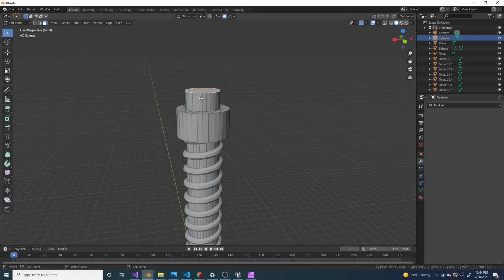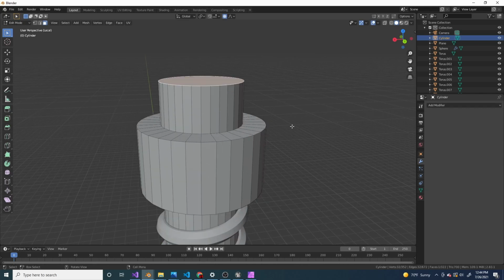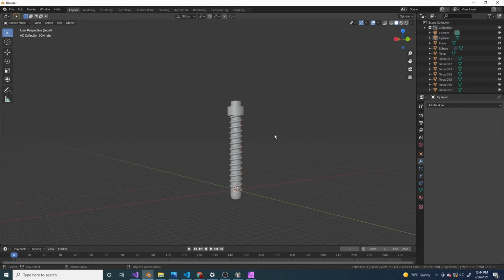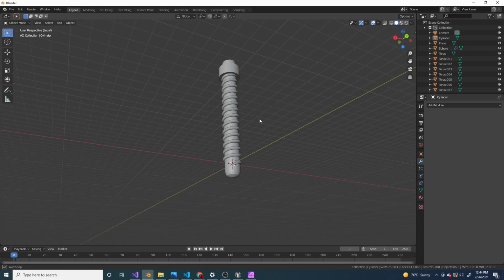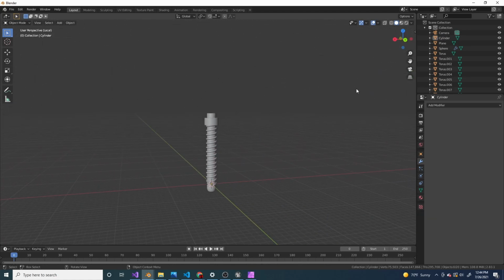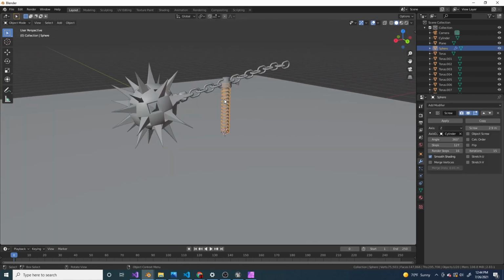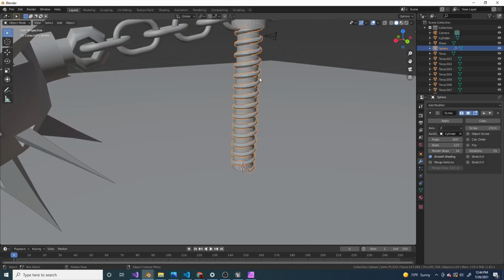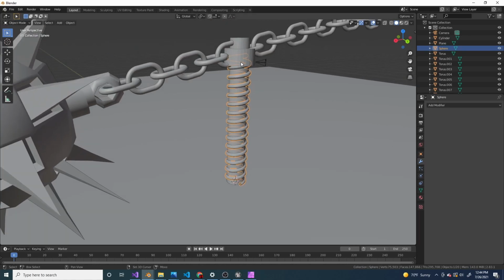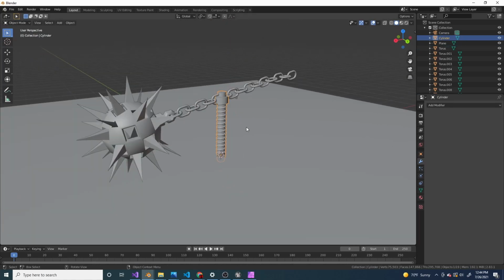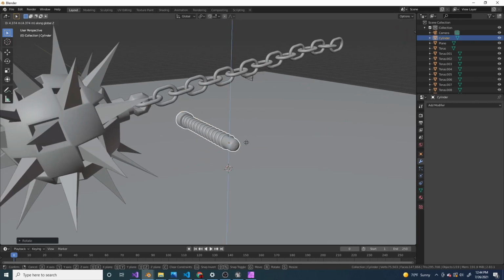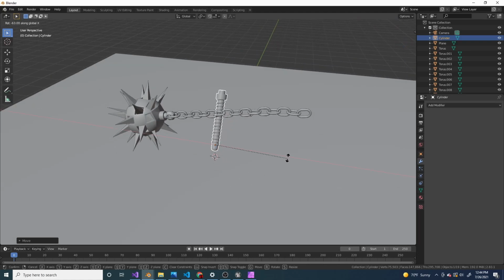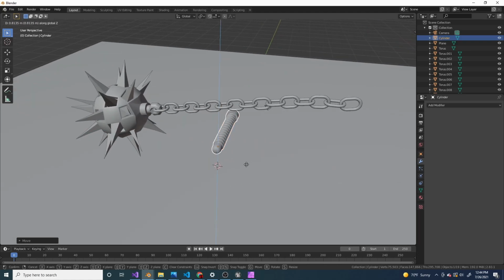Going to... I think that's good for this actually. I'm gonna press the slash key again, and I'm just gonna press Ctrl J once I apply the screw modifier. Just Ctrl J, join these together, rotate it on the y-axis 90 degrees, move it on the x-axis, or on the z-axis up a little bit,